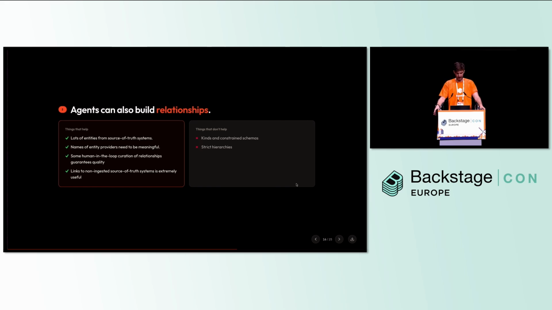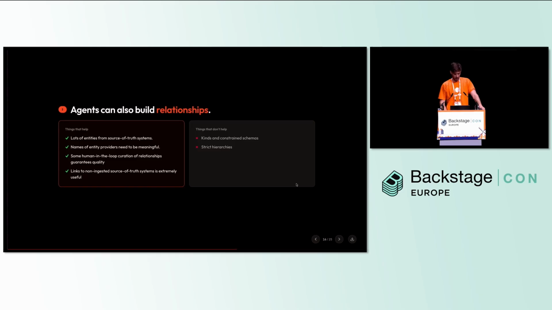And then links to non-ingested sources of truth was another thing that we really hit upon, where you do not necessarily want to ingest absolutely everything into your catalog. You can be much more permissive than in the existing catalog, where you end up with a relatively thin representation of your overall ecosystem. You can be much broader, but you're not going to want to pull in everything. You don't necessarily want to pull in logs. You don't necessarily want to pull in everything from, say, the Prometheus metrics that you have, but you do want to be able to reference out to those points and have some sort of broader edge to the graph that an agent can use to traverse outwards to another system.